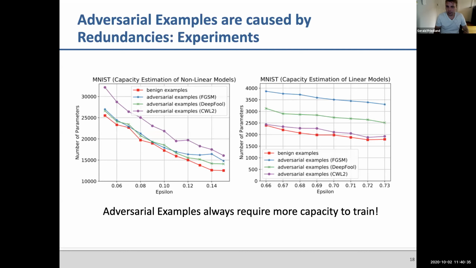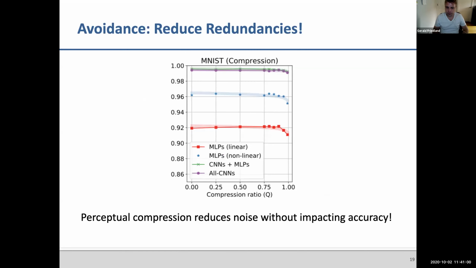And yeah, we also found out that if you then increase the capacity to allow for sort of memorization of these adversarial examples, your error goes down, right? That's basically the point. If you memorize the exception, your error goes down, but now you had to memorize all these exceptions. So it's in there.